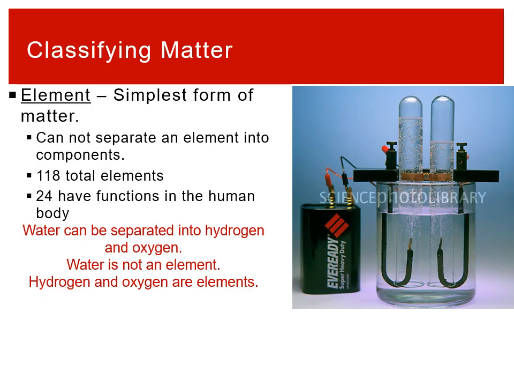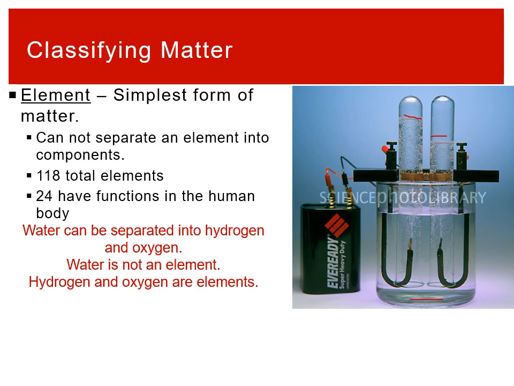So water is a chemical that we interact with regularly. And water can be separated. So here you have a sample of water. If you run current through it, with any good old battery, you can break down water into components. You can break it down into hydrogen and oxygen, two gases. And so you can break it down into its two components. So that means water is not fully simplified.